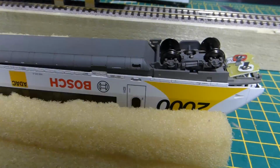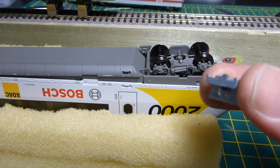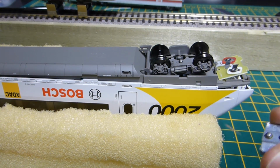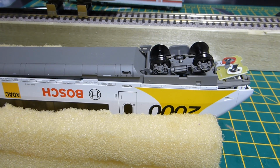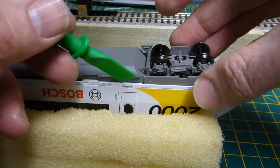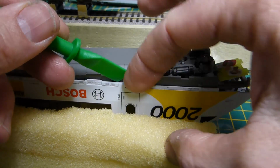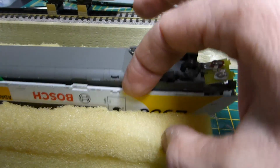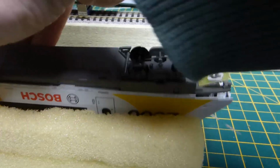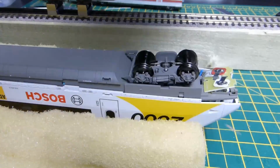Still no luck with this, so I'm going to test the bulbs by taking them out. You take it out, metal slot there that holds the bulbs in, little piece of metal. But I'm also going to test the connection on the inside as well, so to get it out you've got to pull the body apart slightly. And then just be very careful not to cause any damage. Run along the plastic shims like that,